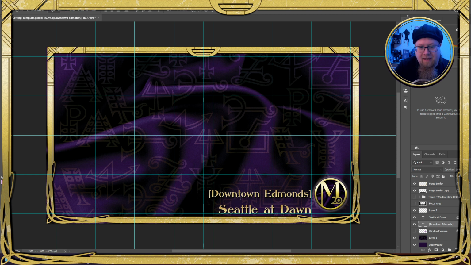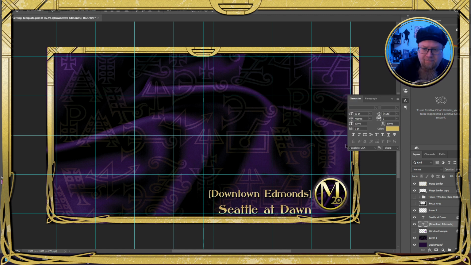So I'm going to downsize this downtown Edmonds font just a bit so that it doesn't cut into that player space in the off chance that I happen to have enough players to fill up all that space. I know it doesn't necessarily happen all the time, but it does occasionally happen.